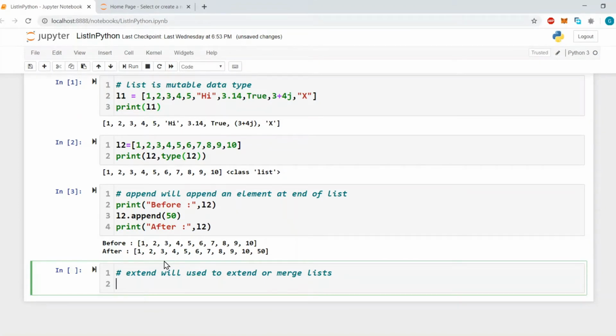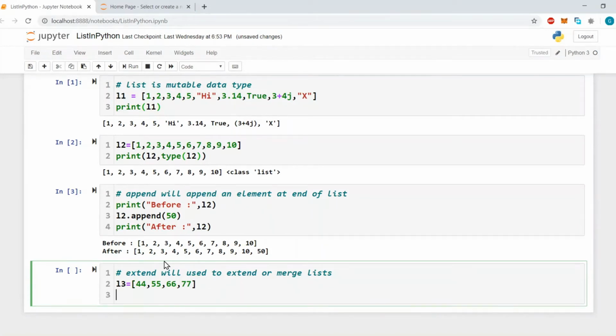Let's declare one list L3: 44, 55, 66 and 77. These elements do not belong to list L2, so we are taking some new elements. Then we will extend list L2 with list L3.